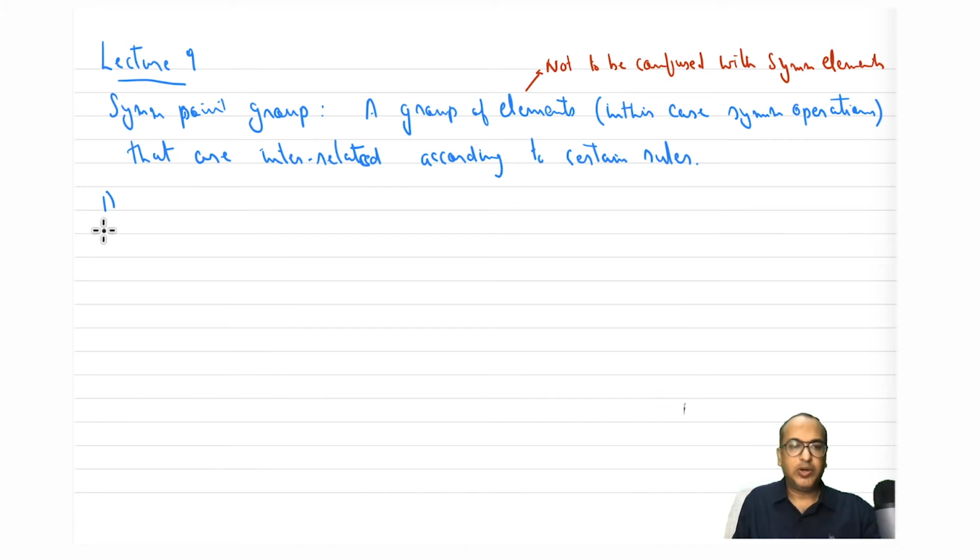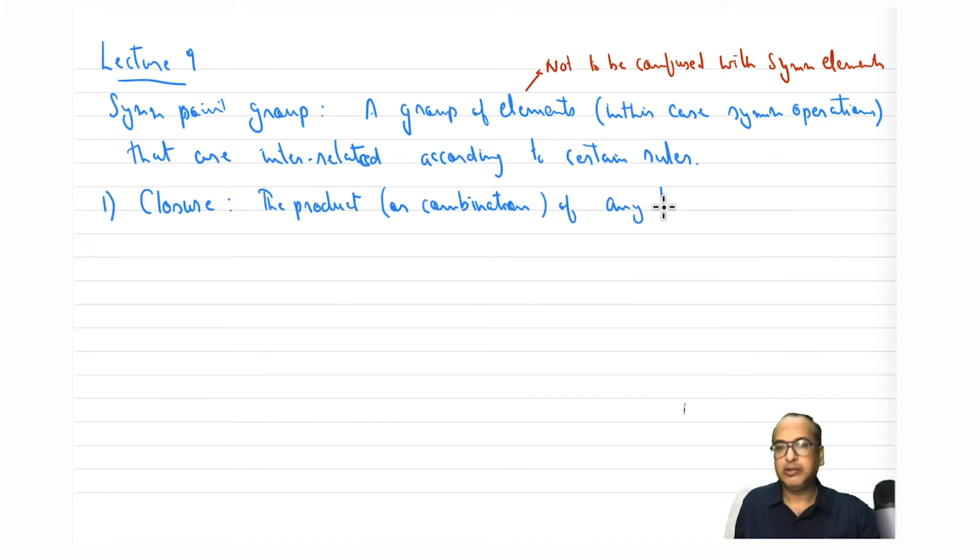So there are four rules which relate the elements and that define a symmetry point group. The first property, or first rule, is called closure, and it states the product, or in some books it is also written as combination, of any two elements, and again these elements are symmetry operations.